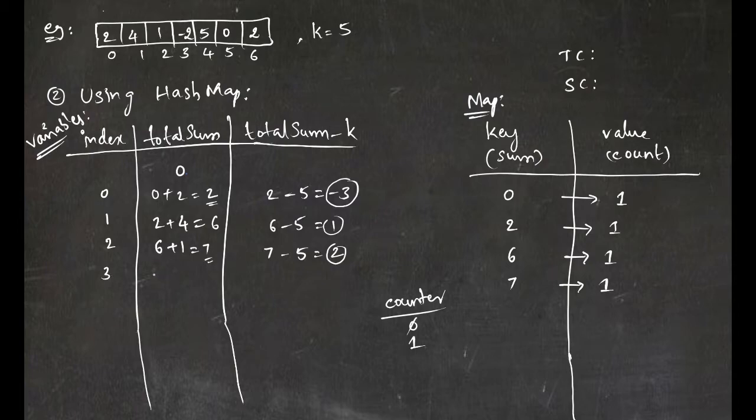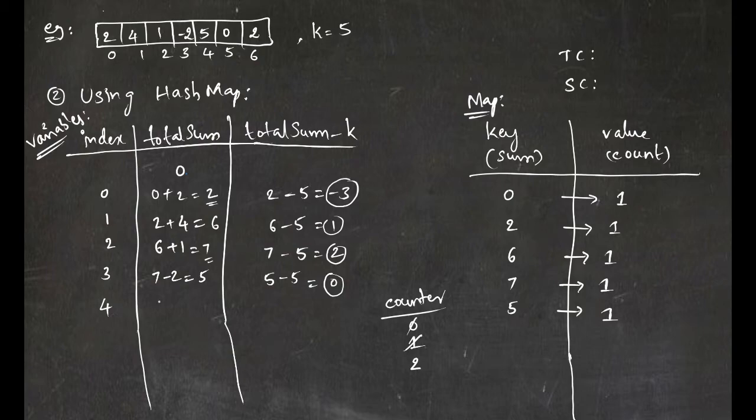It is minus 2, like 7 minus 2, 5. So I have to keep 5 here. And 5 minus 5, it is 0. Whether 0 exists in my map, yeah, it exists. So what that means is that the sum of all the elements starting from the first index till this index, like all 0, 1, 2, 3, will be equal to 5. We can check this here, 2 plus 4, 6, 6 plus 1, 7, 7 minus 2, 5. So that means, yeah, we got a hit, we have to increment that by 1. Like how many times 0 we got, once, so we'll just increment this.